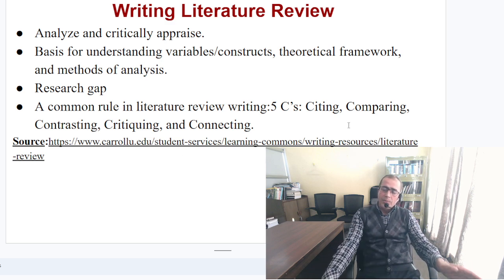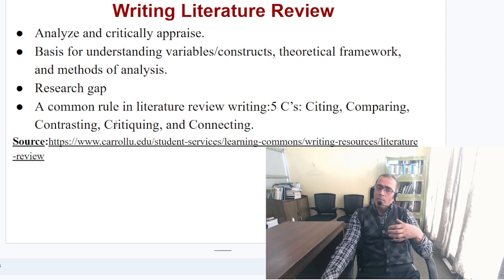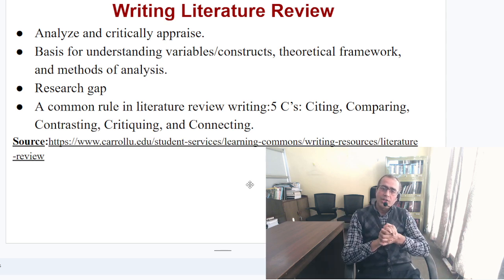Then you are going to compare your work with your study, and if you say how your work would be different from that of their studies, then you could justify your result. And then ultimately, because of some gap in the literature, you are going to write this research paper. That is a critical part. And this connection is all about your proper alignment. Each paragraph should be written critically and with a good connection.